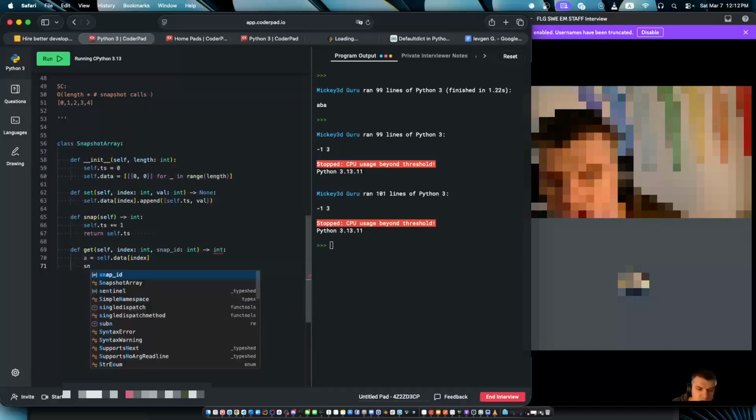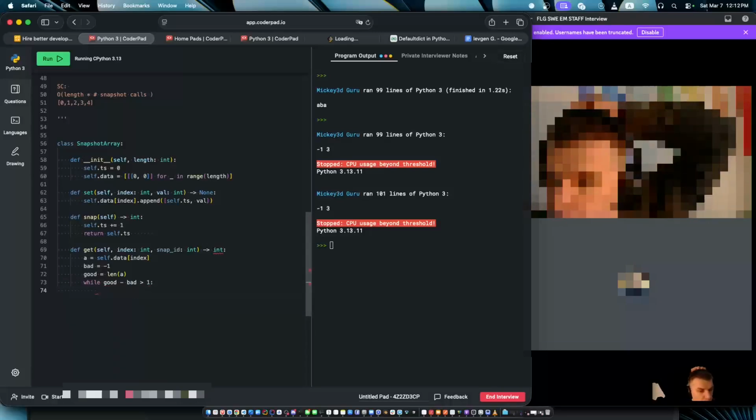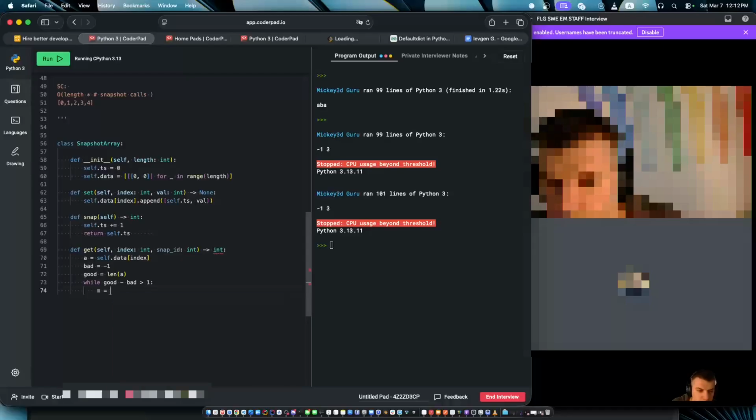So I need to search for the snap ID. I set bad equal to -1, good equal to len(a), and then while good minus bad is greater than 1, I'll do m equal to bad plus